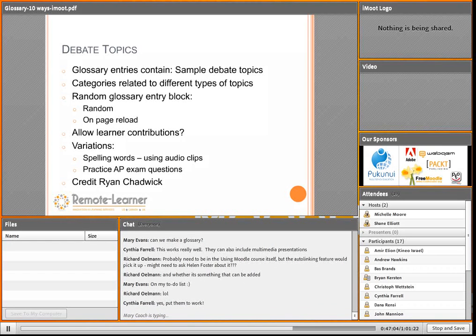Then on the days that they want to practice thinking on their feet, he'll have a laptop set up at the front of the room. The students will reload the page, and on that page reload, a new debate topic pops up in the random glossary entry block. And the students at that moment have to speak on that topic. So it's the equivalent of drawing a name from a hat, or drawing a topic from a hat. But it's computer generated and kind of